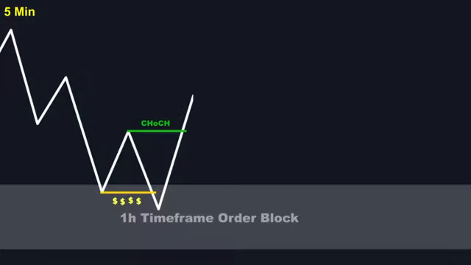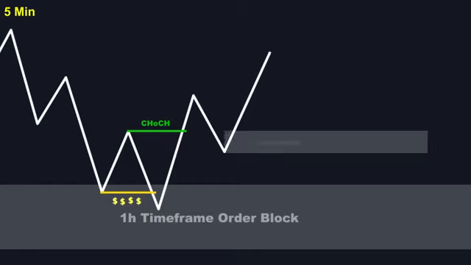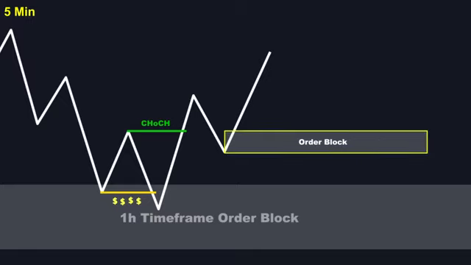Once the reversal is confirmed, here's exactly how we execute this powerful trading setup. We patiently wait for price to create a fresh order block on our lower time frame. This is why this strategy is referred to as order block within an order block. We're using the institutional footprint on multiple time frames. However, it's important to note that the lower time frame order block doesn't necessarily have to be inside the higher time frame order block area. The key is that both order blocks are aligned with our overall directional bias.